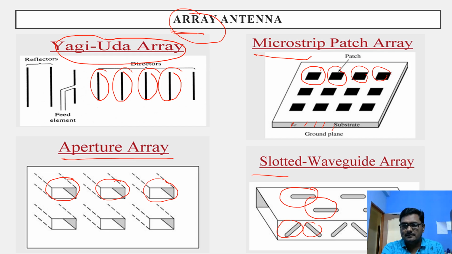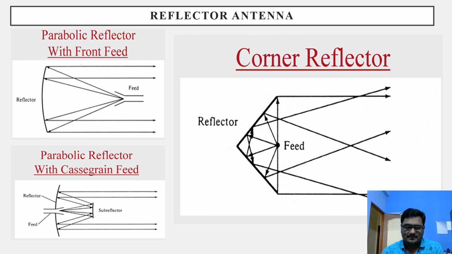Now next, it's a reflector antenna. Look at this, a reflector antenna. So the name itself suggests it has to reflect the waves. Here, look at this, I am writing feed. From here, you will feed an electrical signal to the antenna, which is a reflector kind. Now, this is the actual reflector. Look at the shape of the reflector. It looks like a parabola. So that's why they have given the name parabolic reflector with front feed.